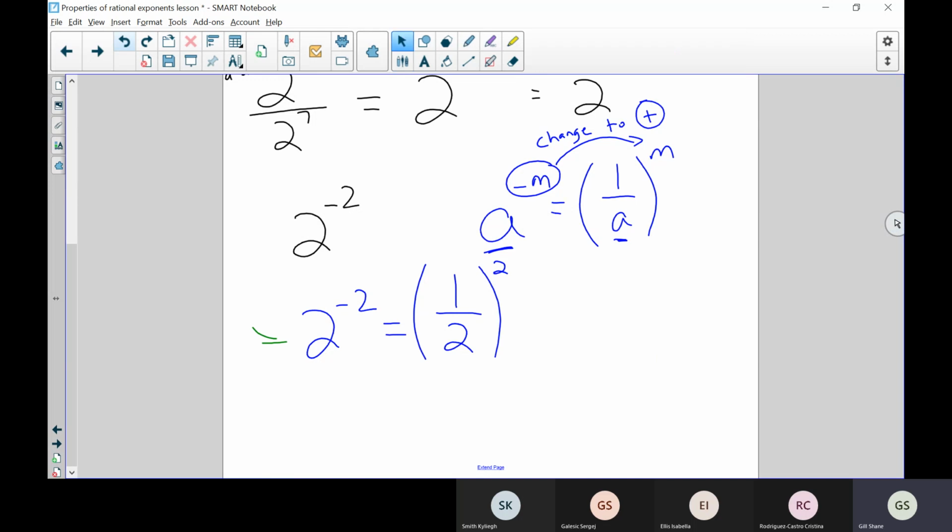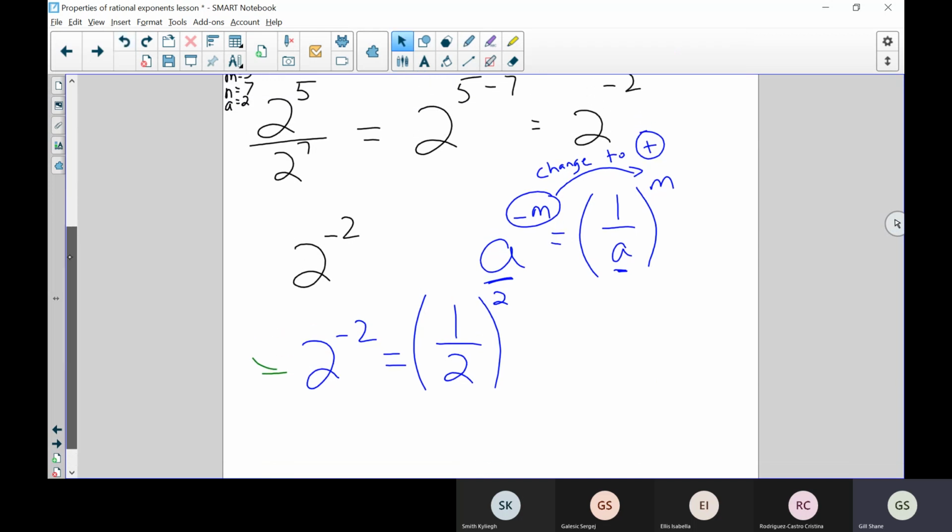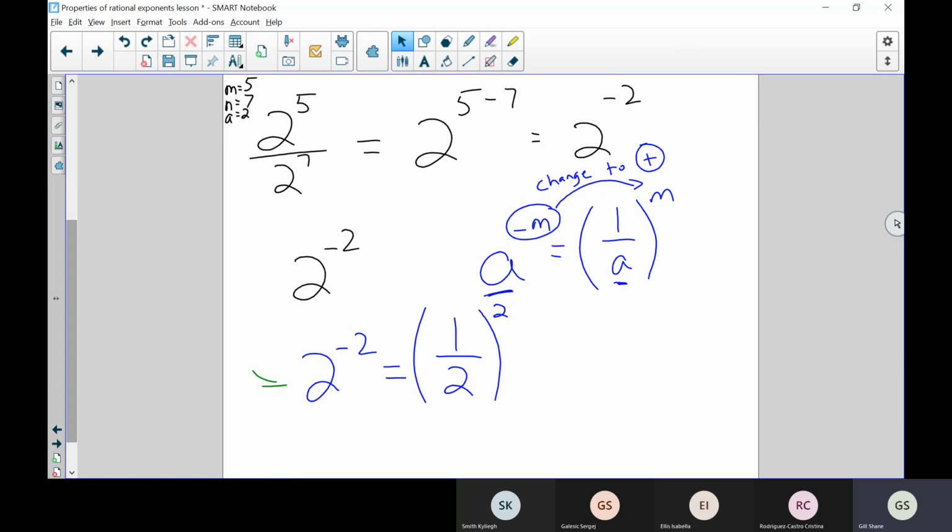Let's say that we went back to the original equation on this, right here. So let's say we're looking at this original problem, not really an equation, I guess. And we solved that out, and we got this, 2 to the negative 2. And then we fixed it by changing it to a fraction with a positive exponent. Well, the first thing I want to make sure you understand is this term, this answer, right here,